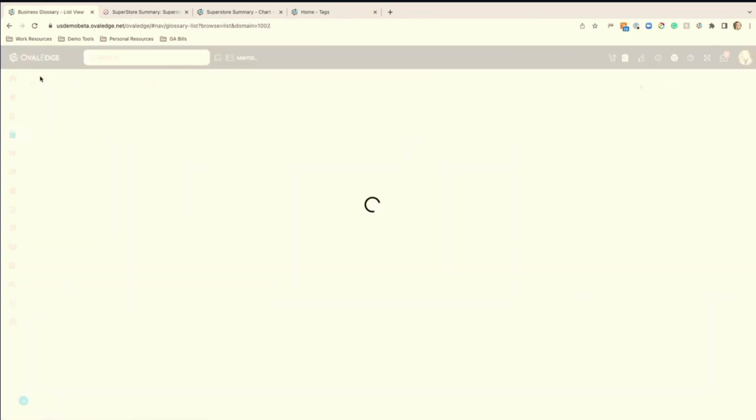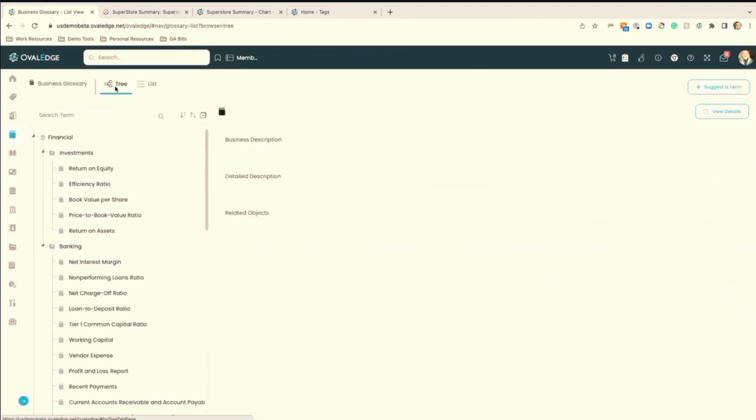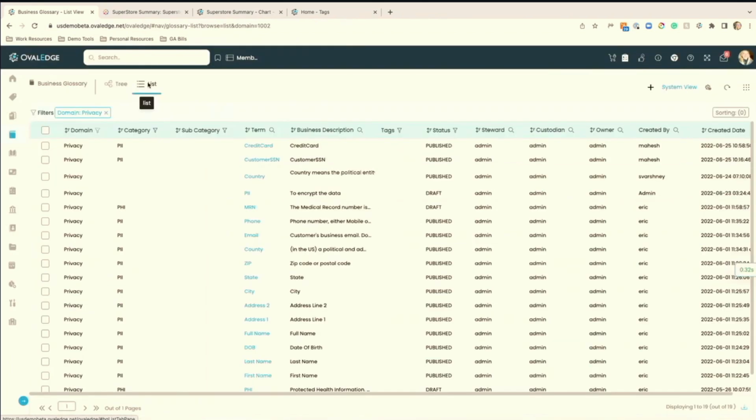So if I go to my privacy domain again, I'm going to go to my tree structure. The difference between these two views, if you're really interested, is the tree is showing you published terms. That's what your business users would see. And an admin would also get to see this list view, and you get to see terms that are also